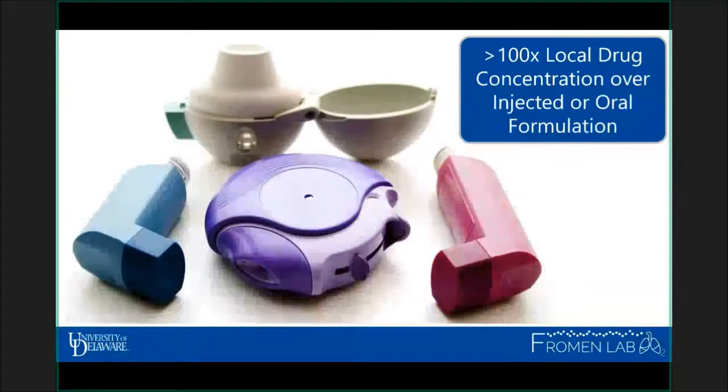So you're probably all familiar with inhalable medicine, inhalable therapeutics. On the left and right of this screen, you can see metered dose inhalers. These are devices that are pressurized where you depress the inhaler, you get a mist that comes out. So this requires timing from the patient. Really the biggest innovation has been these dry powder inhalers. This is shown in the middle, an Advair inhaler, where there's a dry powder capsule inside the inhaler device. And this requires the patient to actually breathe, which disperses the powder and allows that to go into the